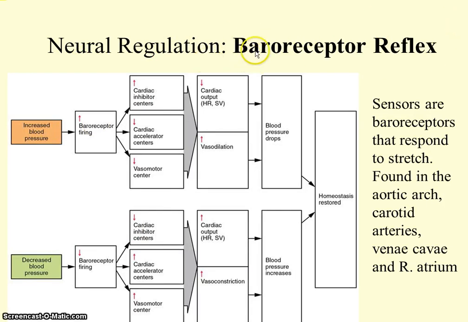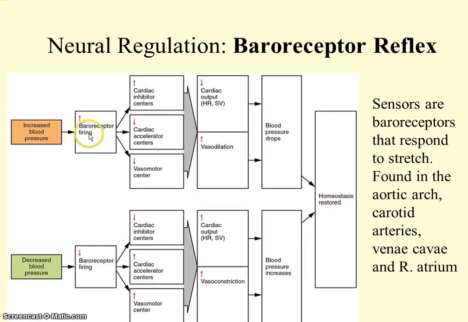So baroreceptors are basically stretch receptors. They're also known as mechanoreceptors. So here's the situation: increasing or decreasing blood pressure. If you increase blood pressure, the blood leaving the heart, and these receptors are found basically in the aorta and the carotid blood vessels, the baroreceptors start sending more action potentials. And again, remember that you didn't need an increase in blood pressure, so this is trying to bring blood pressure back down, which you may see right here.